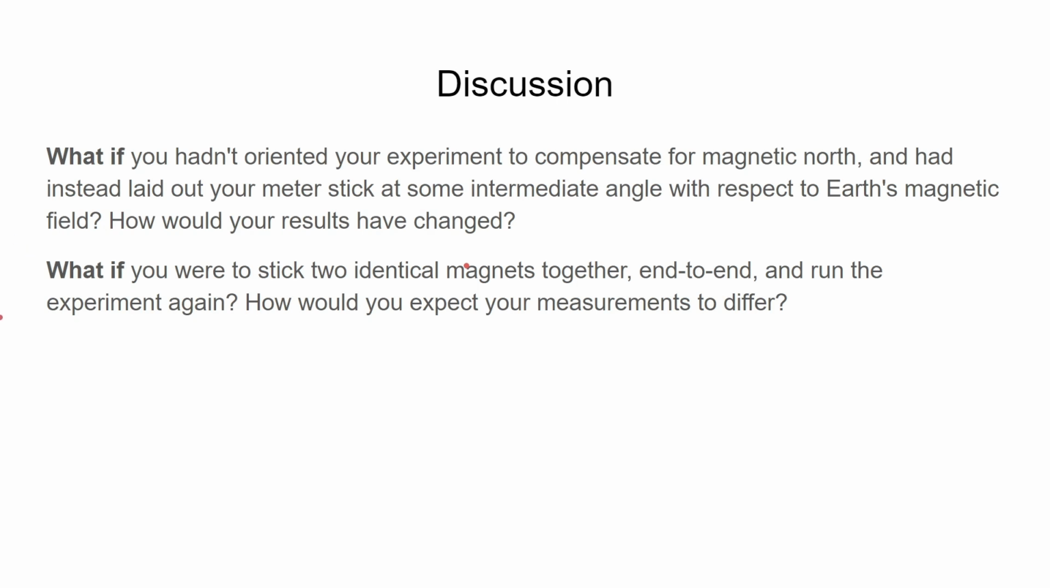If we didn't change for that, then we're going to have some initial x component, and that's going to mess with the values. What if you were to stick two identical magnets together end to end and run the experiment again? How would you expect your measurements to differ? Not too much. The directions would all be the same, but the magnitudes are going to be different because it's a